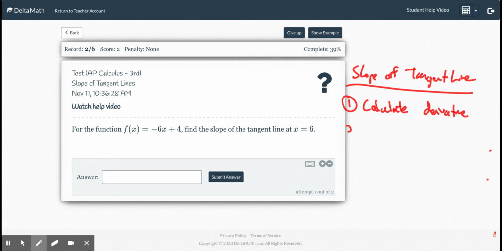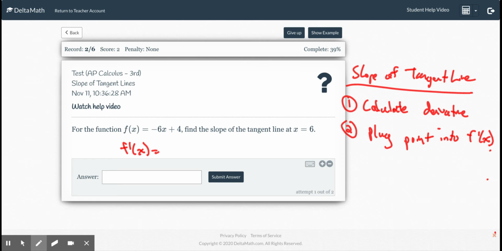And then after we have that derivative, we're going to plug in the point. Plug point into derivative. I want to say f prime of x. That is one of the notations for derivative. All right, so pretty simple. Calculate the derivative f prime of x